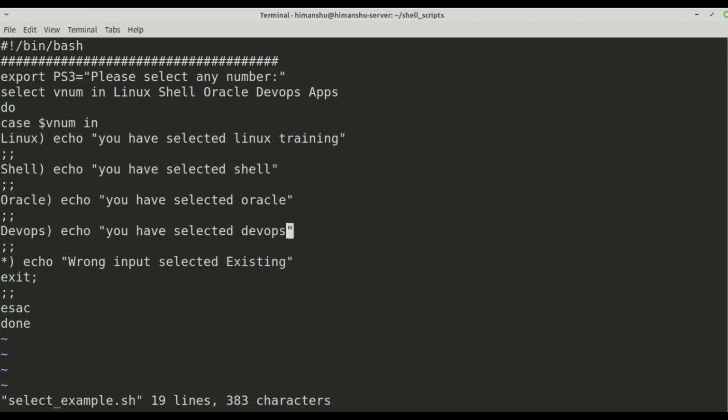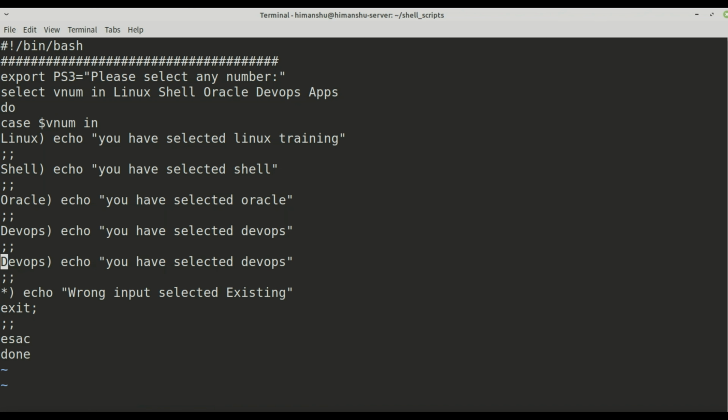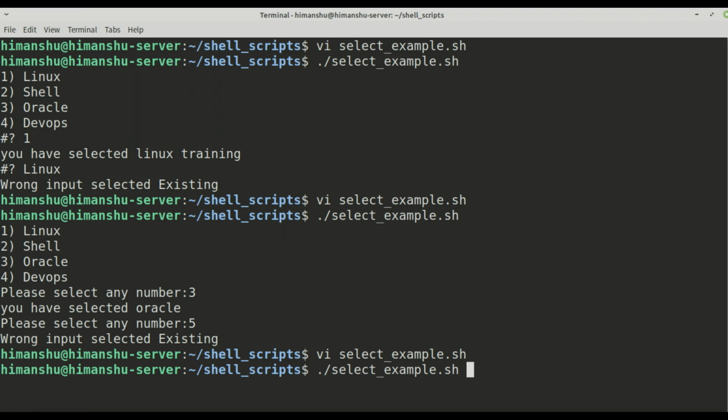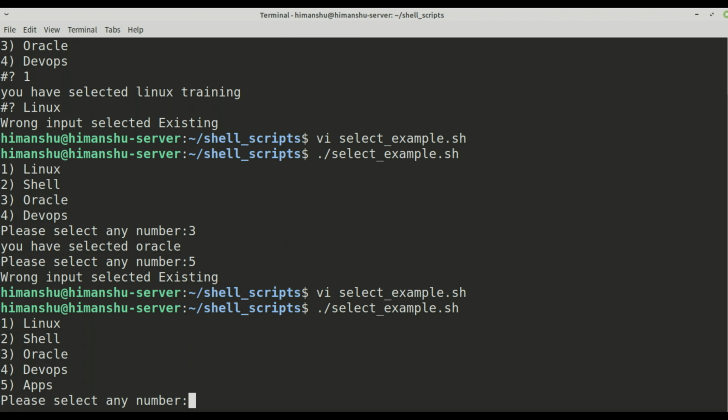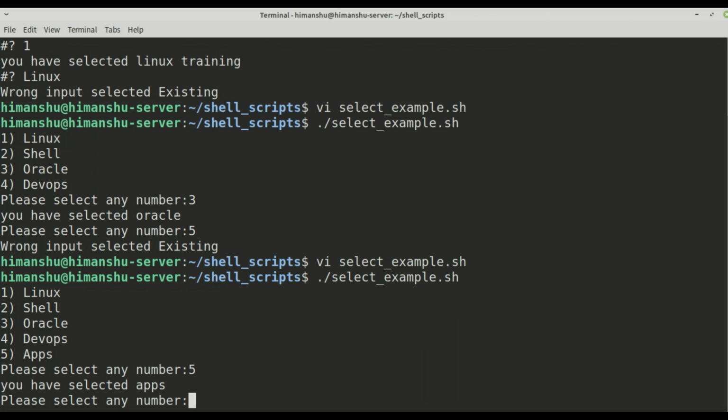So I will just copy this and paste it here, remove the old value, and in its place put apps, and you have selected apps, and save it. Now if I run it, automatically the numbering will go from 1 to 5. Whatever values you give in the select loop, it will automatically do the numbering. Now if I give 5, it will say you have selected apps.